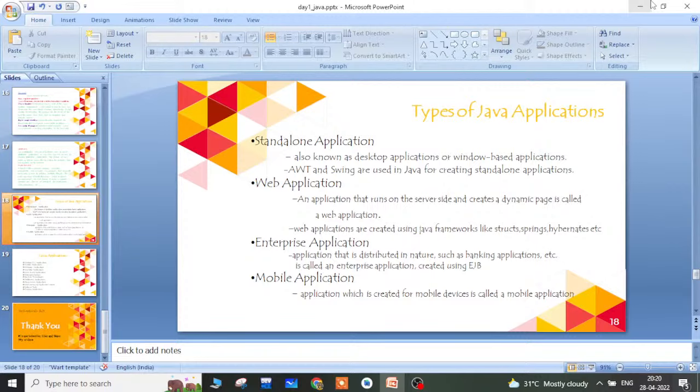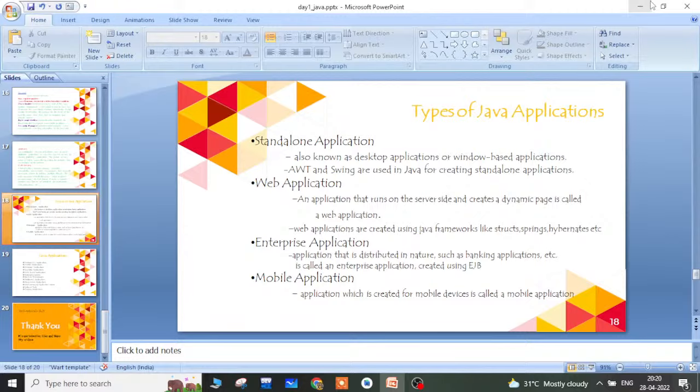You can go with a standalone application, which we can simply call a desktop application or any window based application. Suppose you implement a graphical user interface for a particular application.